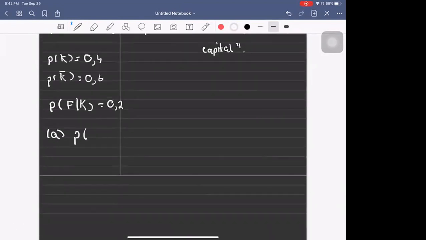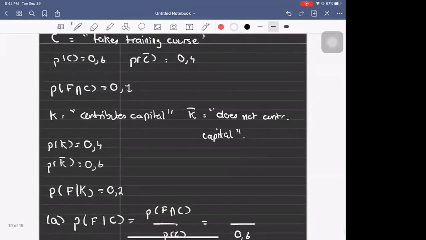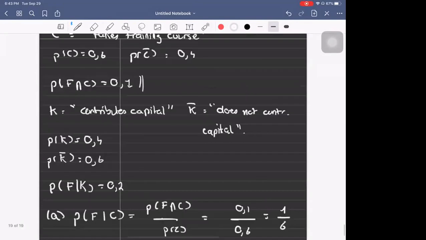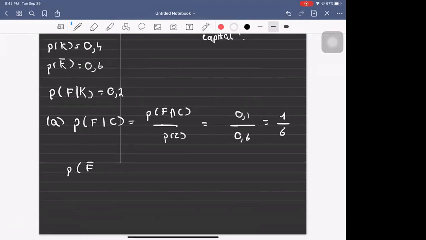So the probability that the entrepreneur fails given that he's taking the course is the probability of F intersect C over the probability of C. That's basic conditional probability. And the probability of C is equal to 0.6. On the other hand, the probability that he fails and takes the course is 0.1, which is 1/6. On the other hand, we want to know the probability that the entrepreneur fails and did not take the course. Getting used to that more. That's good. Probability of F intersect